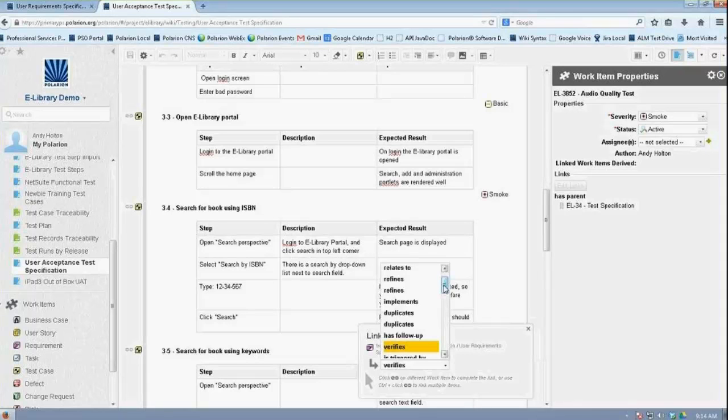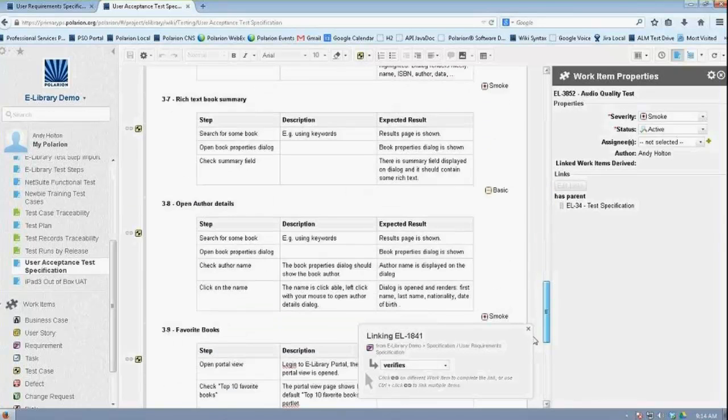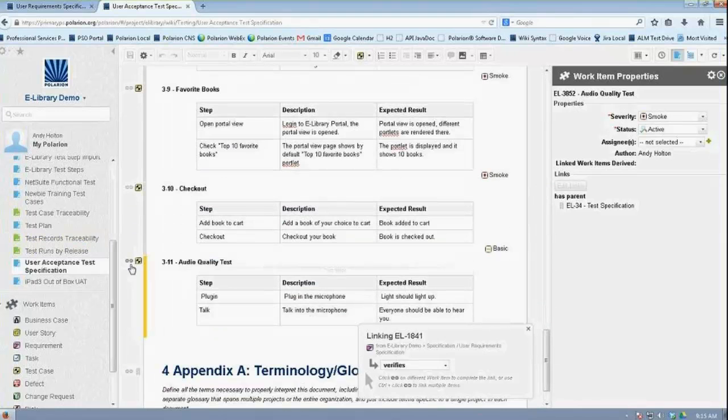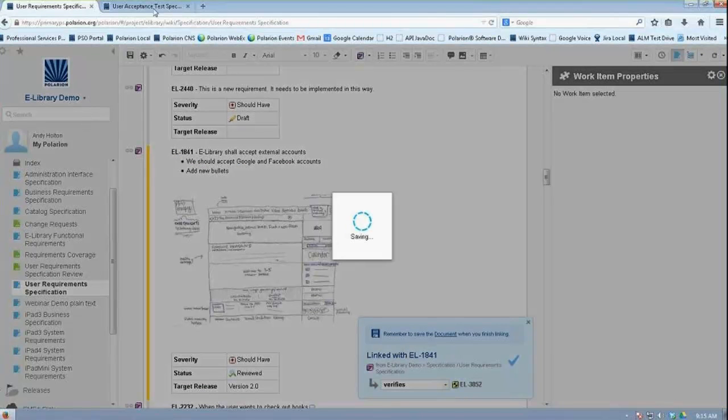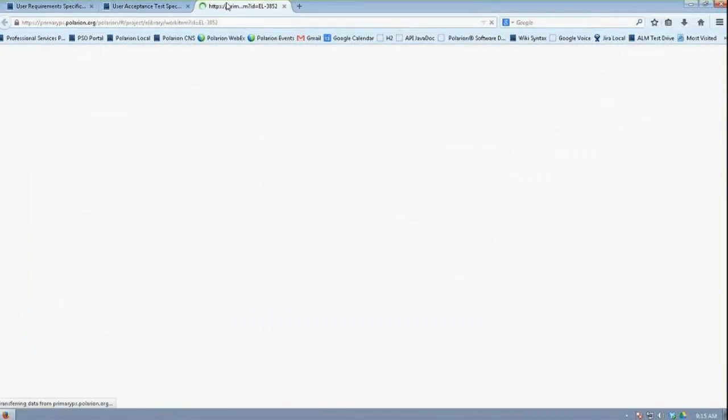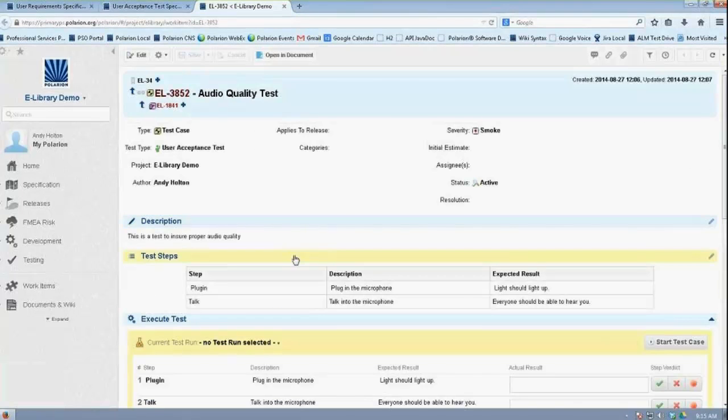Is the passage of this test case necessary for the implementation of that requirement? So in this case, we'll go ahead and say it verifies. Come down to our new test case here, and we will link the two together. We'll go ahead and save the document that I have. And now when I go ahead and open up this test case, you'll see that in here, there is a